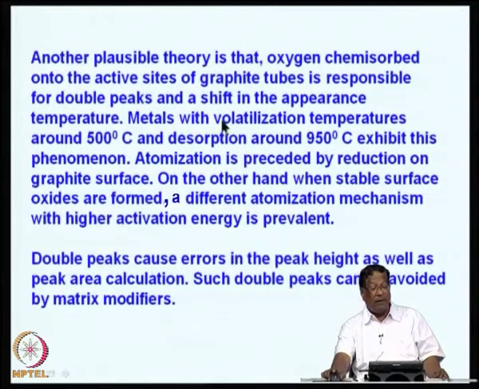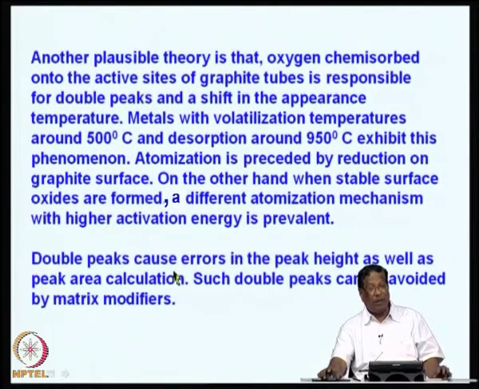So, metals with volatilization temperatures around 500 degree centigrade and desorption around 950 degree centigrade exhibit this kind of phenomenon, that is antimony, arsenic and selenium sometimes. So, atomization is preceded by reduction on graphite furnace. On the other hand, when stable surface oxides are formed, a different atomization mechanism itself is possible with higher activation